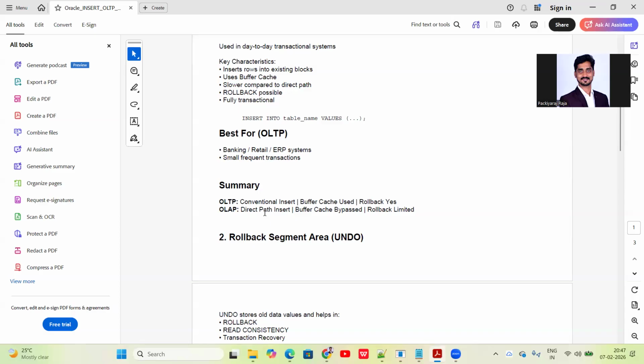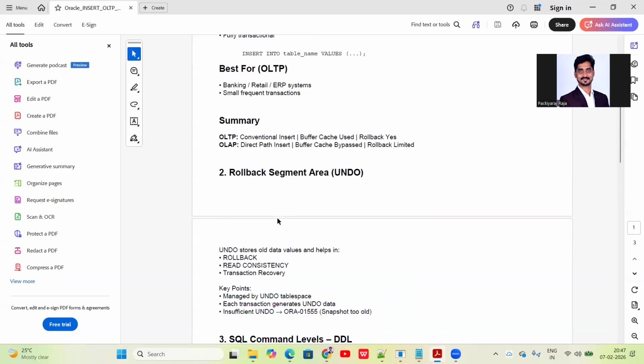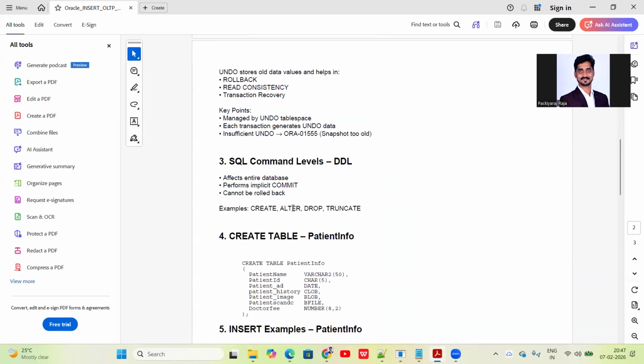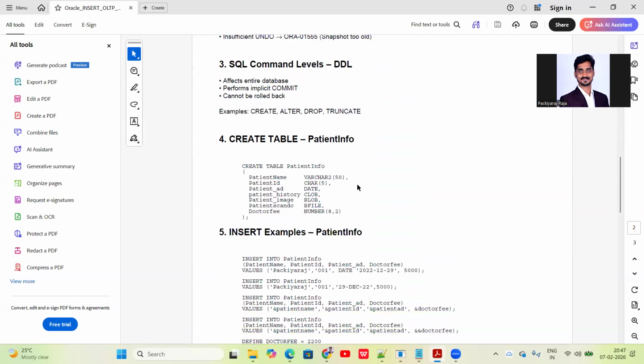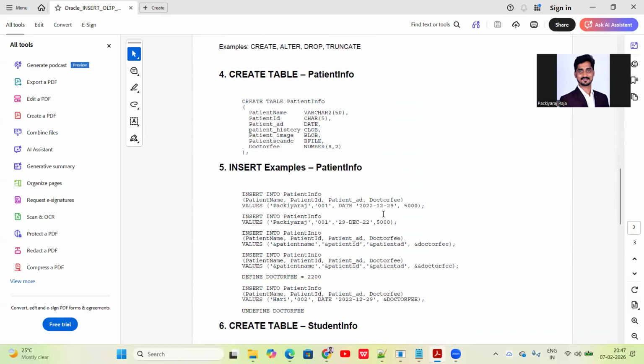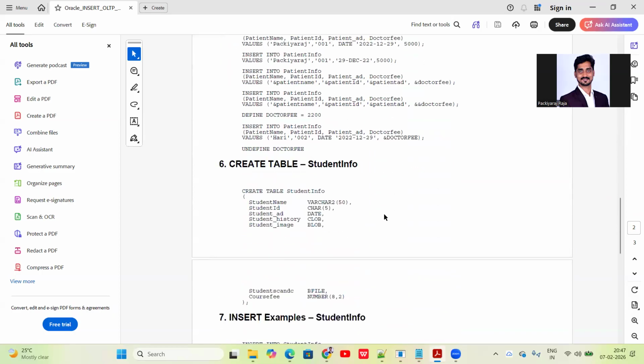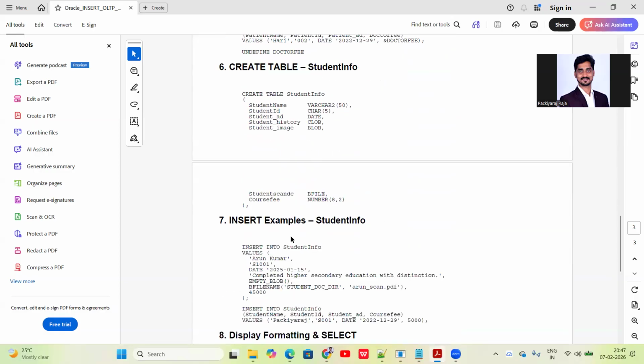Okay, now next, DDL statements are auto committed. These are create, alter, drop, truncate, these are DDL statements, they are auto committed. But for DML statements, insert is DML, so we have to commit it explicitly. Okay, we will go with an example. So first we will see the